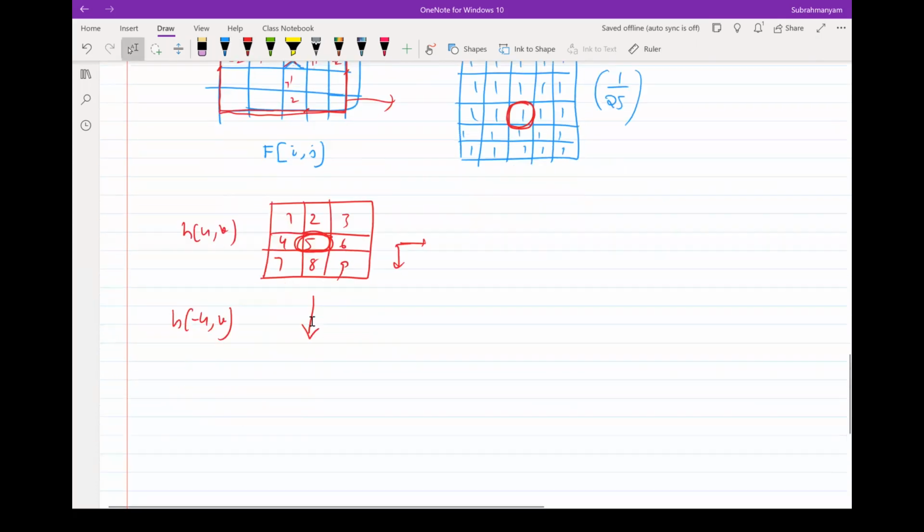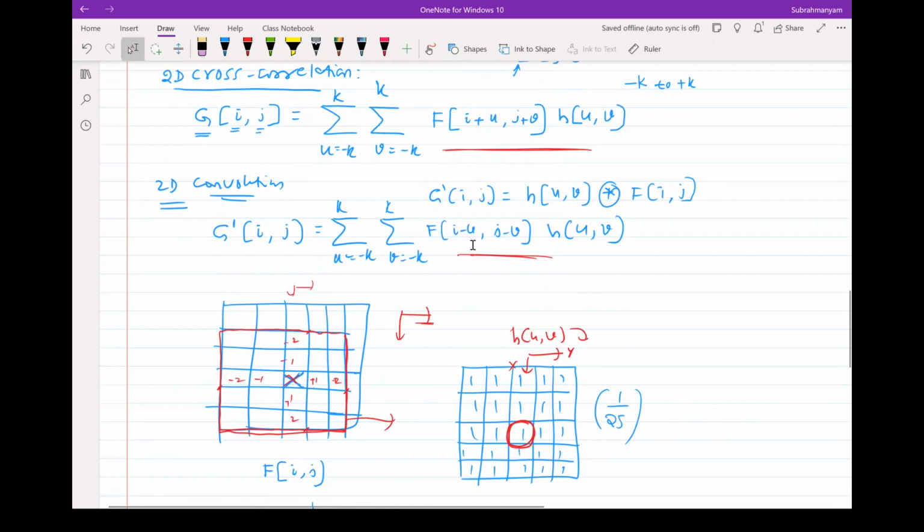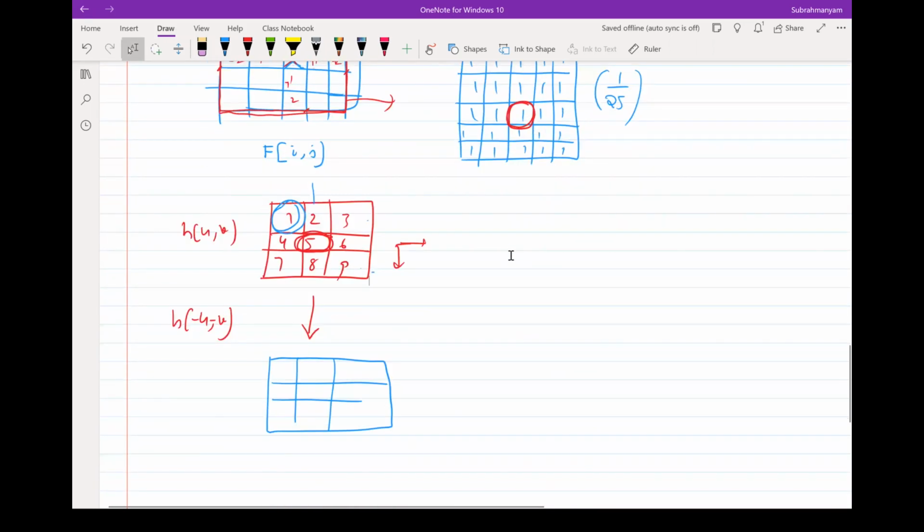This is the last thing we would discuss before we wrap up. So how does it look? Minus u, minus v. For example, flip this one, where is it going to go now? Bottom right corner. So you do, for example, this vertical flip here, that would come to this location of 3, and then you do a horizontal flip, because you need to flip minus u as well as minus v. So thereby 1 would come here. What happens to this 2? You do a horizontal flip, it will come here.